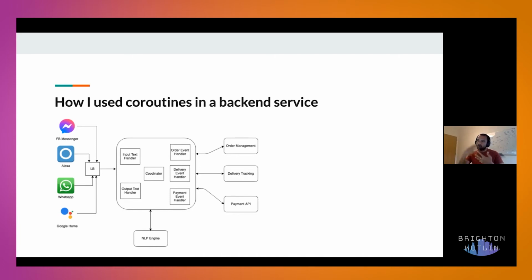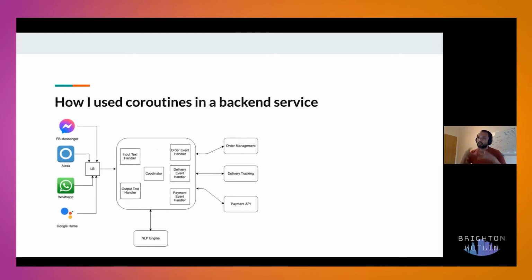Once we know the result or the insight of the query, we will again pass it through the NLP engine and push to the client. Could be WhatsApp or Alexa or something like that. So where the coroutines come in, you can see this component called a coordinator. By nature, this application was fully asynchronous, because these channels are asynchronous. You don't have to wait. You can do everything pretty much asynchronously. So this asynchronous communication actually helps in a way where you can scale and you don't have to worry too much about the shared state.